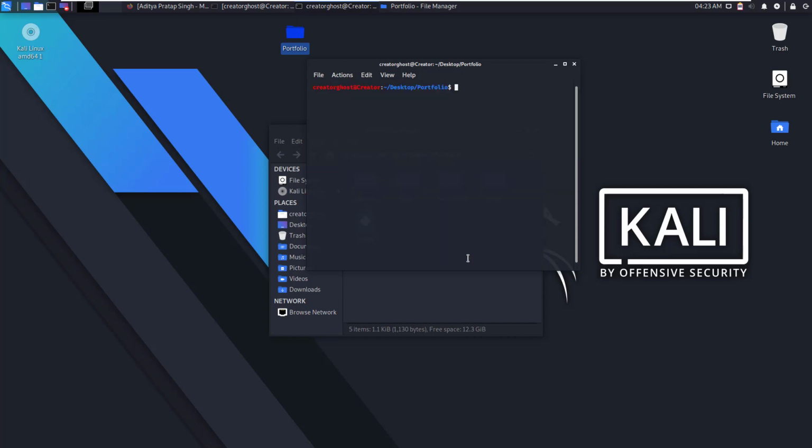Let me clear the screen, and here I will be using VS Code, and feel free to use any editor, because it is not the editor that is going to do the job, but it is the code that is going to play an important role. But I like VS Code, so I will just open VS Code here.